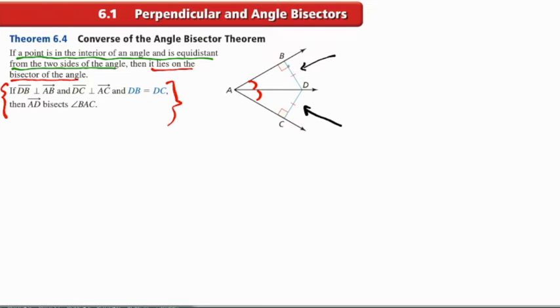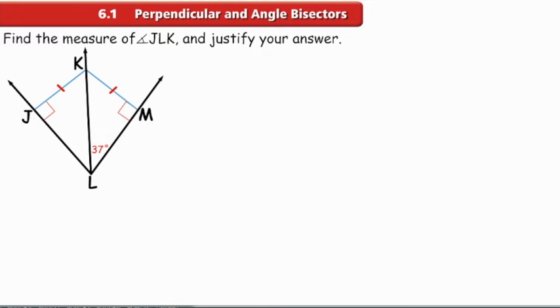Since we have perpendicular segments that represent distance and they're both congruent, we can conclude point D is on the angle bisector, which means we can assume that these two angles are congruent. So if we look at this, we have the congruent distances. We need to see perpendicular, that's necessary, and congruent, and we say great, that means point K is on the angle bisector, which means that this angle here must be 37 degrees. So we can say the measure of angle JLK equals 37 degrees